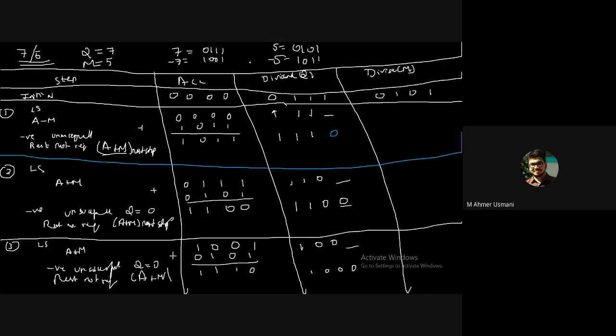So we'll go back to the accumulator. What is the value of the accumulator? Can someone tell me? Accumulator is 1110. Then we have 1000. Okay. Step number 4. What is the first thing that you do? You perform the left shift. So you'll get 0, you'll get 0, you'll get 0.